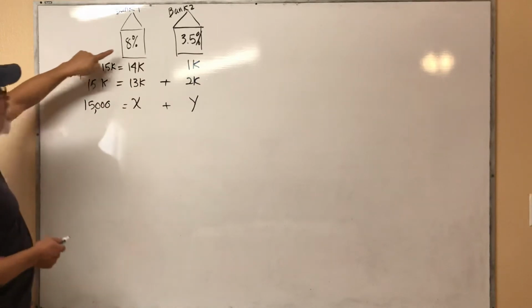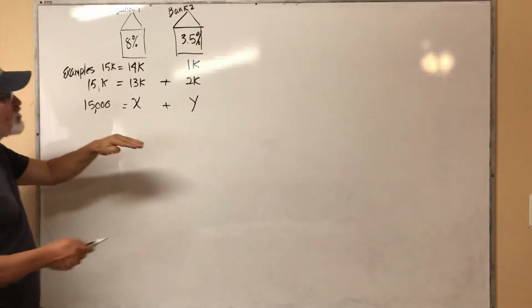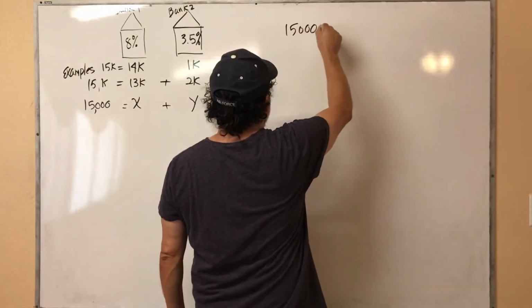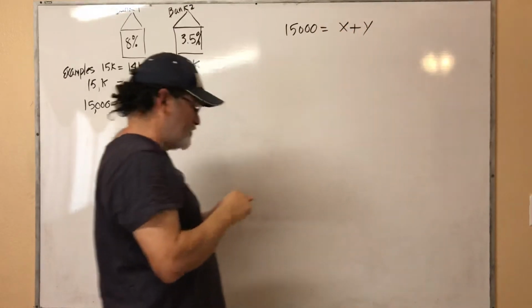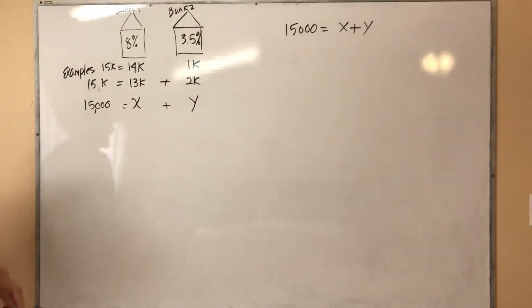Interest, I'm talking about the 8% right here. So let me put this equation right here. We found one. $15,000 equals X plus Y. Okay, we got that. Now, it says,